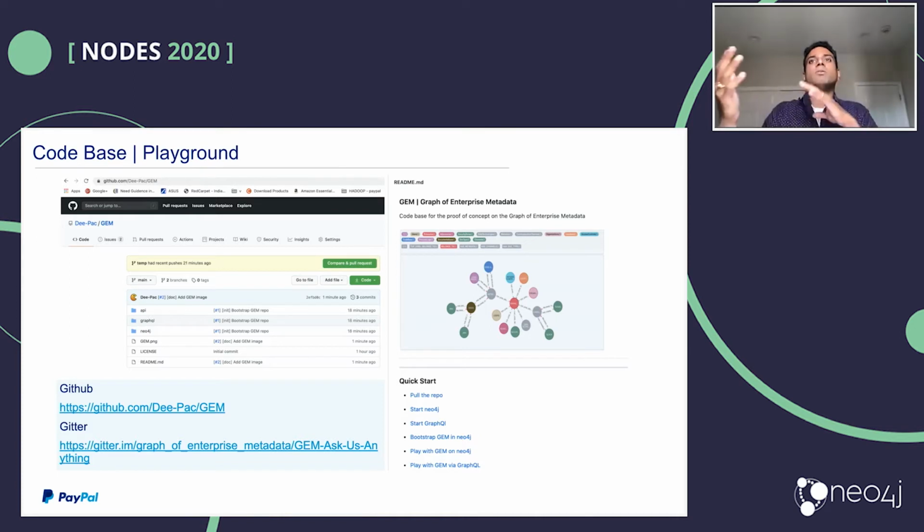So let me quickly go through the end product of this code base, which is the actual graph, and also give you some idea of how it works alongside the GraphQL interface.